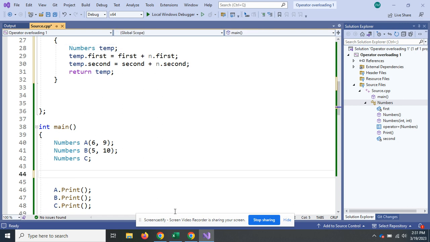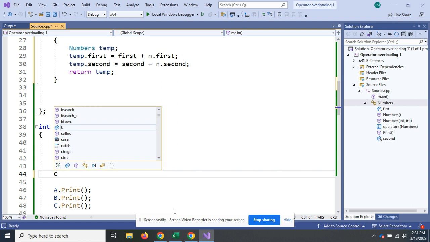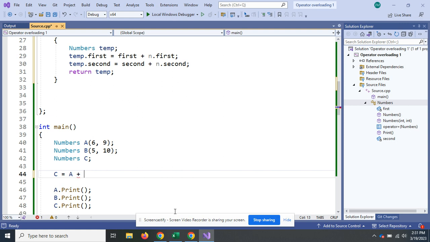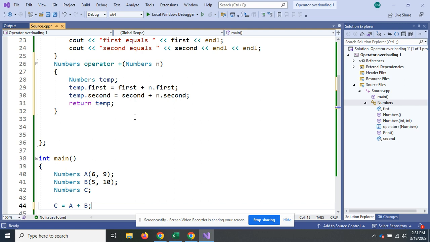I'm going to go down here and get this ready. The same thing I had typed in before, C equals A plus B. This time I don't get the red squiggly underneath the plus because of the function I made here. Watch what happens. I'm sending it in. I've made a temp. I made an object and called it temp. First plus n plus first. This n plus first is the B. N plus second is the B. First and second applies to the A,